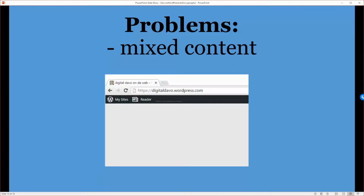Now, you're likely to come across problems when you try and run your certificate. Here you can see I've got a HTTPS site, but it's not green. And the normal reason for that is called a mixed content problem, where the page now contains some secure objects and some insecure objects. Typical reasons for this are, in your theme, you might have an absolute URL to an image that needs to be updated to now be a secure URL. There could be CSS references, scripts,